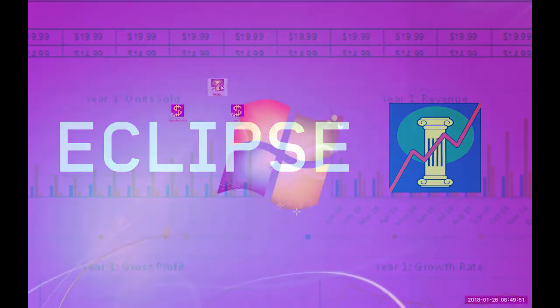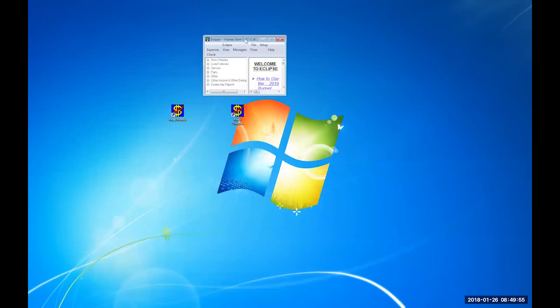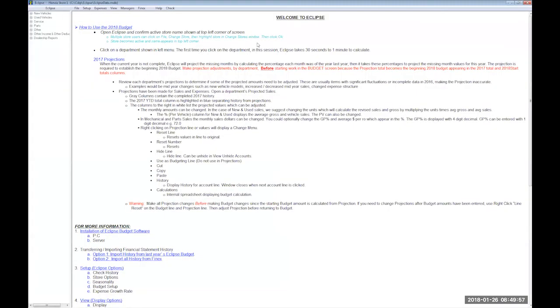So Eclipse is a database, and we have all stores in one location. With Finex, we separate the brands. They each have their own Finex, but in Eclipse, with it being a database for the forecasting, it's one location for the customer. So they can just go to their store list here, and we can see we have multiple brands available. So Eclipse loads the financial statement data from Finex, so they are linked together, and they are